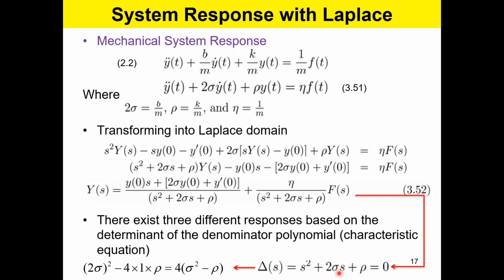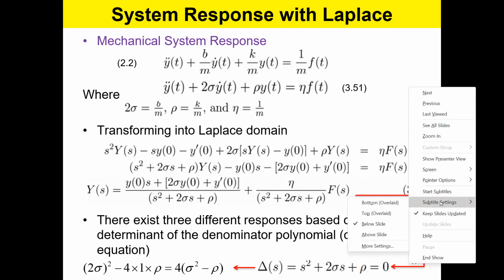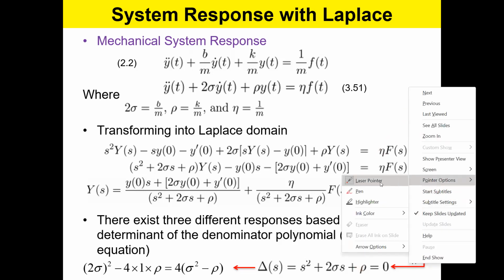And the third case is where the determinant is negative. So that is sigma square is less than rho. In that case, the characteristic equation is going to have a pair of complex conjugate poles. The poles, or the eigenvalues, are not real anymore, but they're complex. And the beauty is that these two eigenvalues form a pair of conjugate poles, which means they are not just random